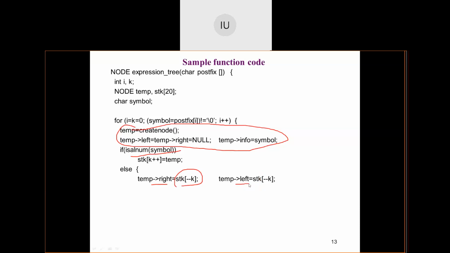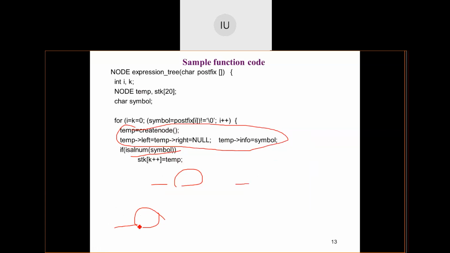Then once this is done, the whole of temporary node with the left child and the right child will be pushed onto the stack. Okay, and at the end of this whole expression, the root will be available at the top of the stack. That root containing the subtrees will be returned back. So when you return back, you will get the resultant tree which has root node acting as the main operator which will be evaluated at the end. Okay, so this is the overall procedure for doing this.